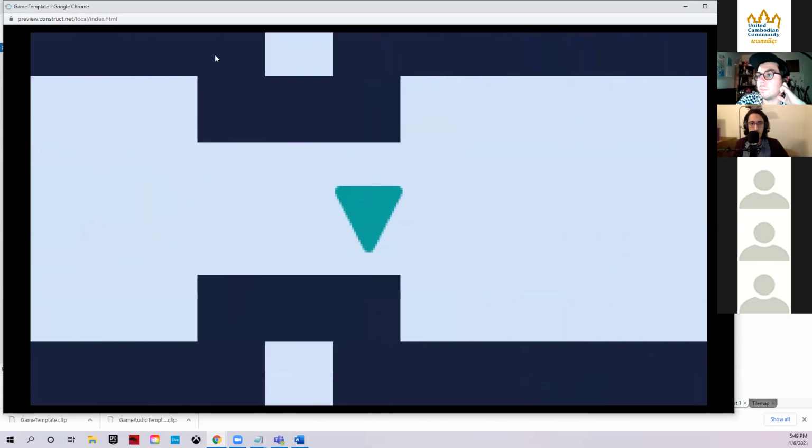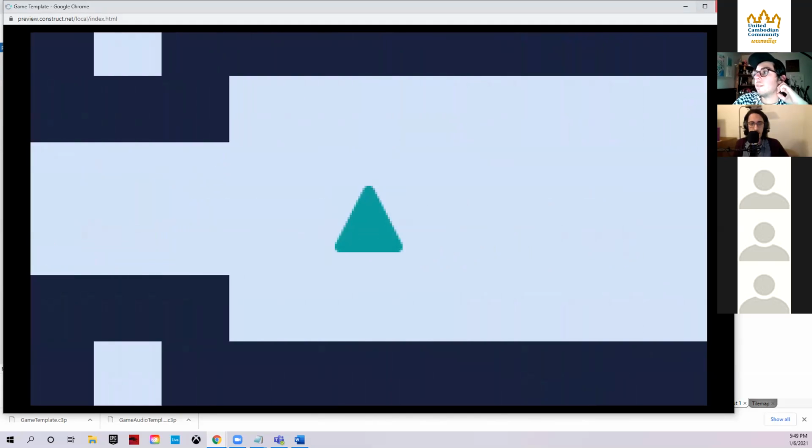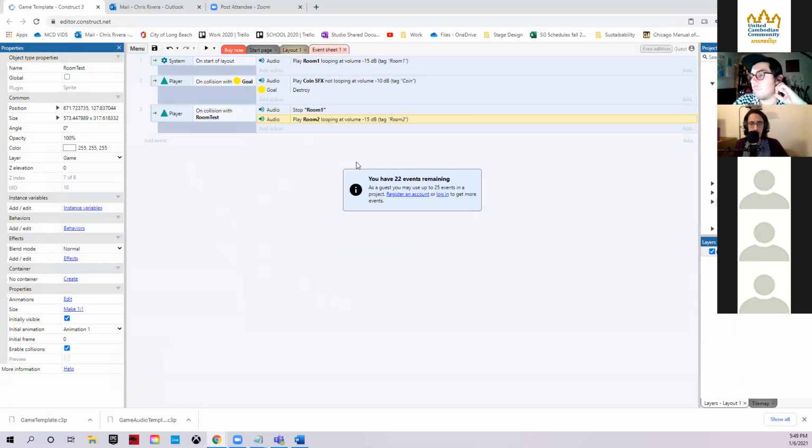So that's the gist of it. You could make it more graceful and add fades to it, but I don't want to be working you to the very last minute of this workshop. But with what I taught you, you could reverse engineer it so that when you go back into the other room, it'll do the same thing. This is just a basic building block on how to stop one song and get another song playing.